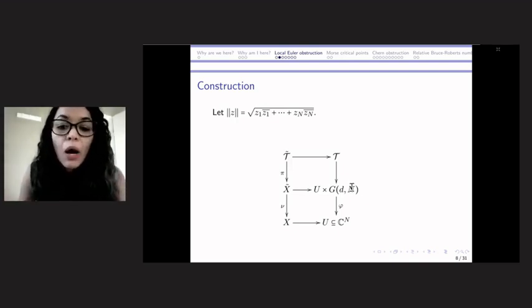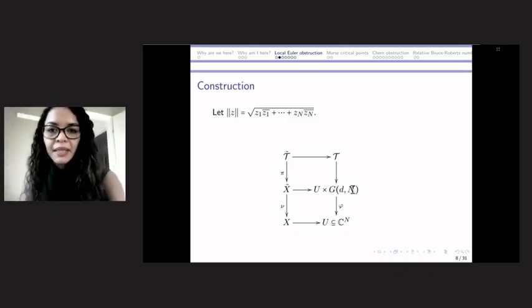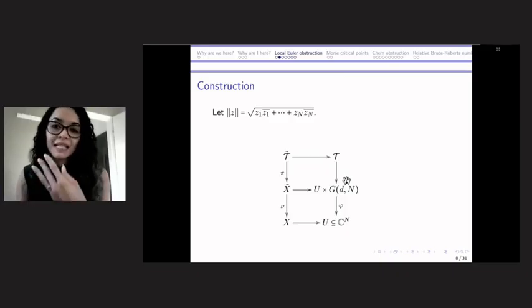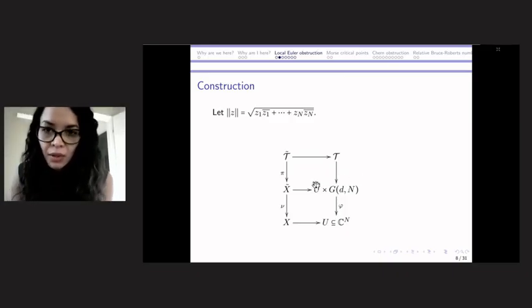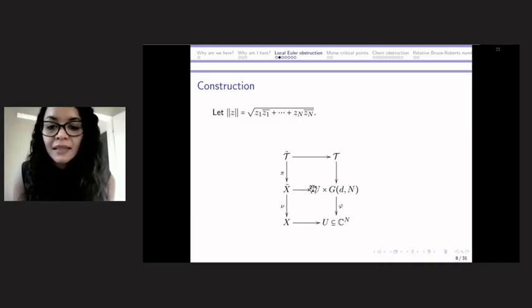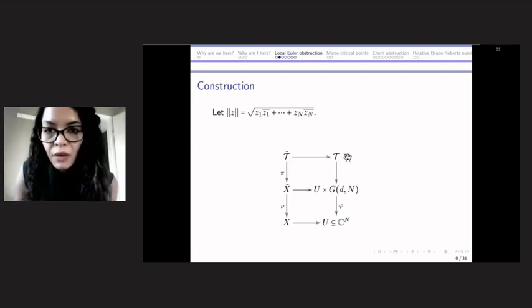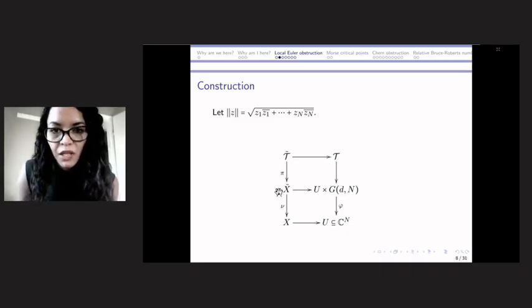Okay. Then over the Grassmannian, we can consider the tautological bundle. That bundle where we take a D-plane, so an element in the Grassmannian, and a vector in that space, all right? So we can extend the tautological bundle to this Cartesian product, all right? And this extension is what I am denoting by T over here, right? Since the Nash modification has as ambient space these Cartesian products, we can restrict this extension of the tautological bundle to the Nash modification. And this is still a bundle, all right?